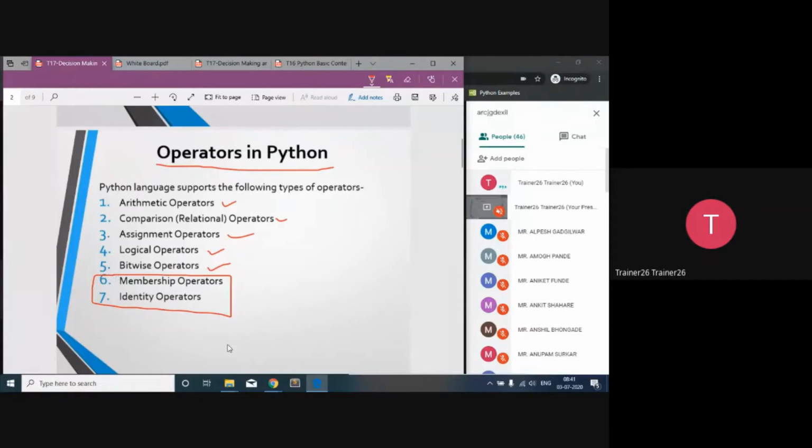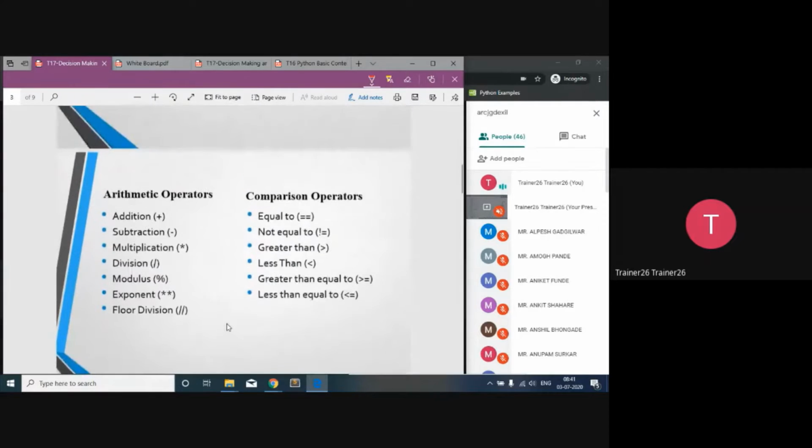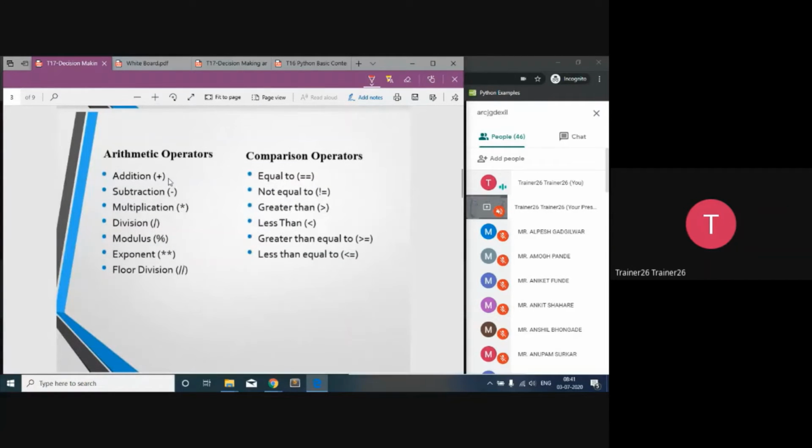specific operators. Those are new in Python. The membership operator, and the identity operator is another new one, and in arithmetic they have added one or two more operators, so that we are going to study. So when I'm going to talk about the arithmetic operators, we know that there is addition, subtraction, multiplication, division, and the modulus. So these operators we studied, but there are two more extra operators available in Python, that is exponential and the floor division. So let's study these two operators.